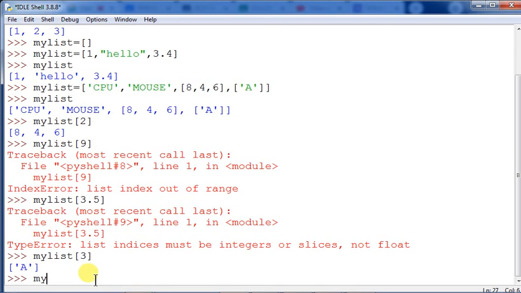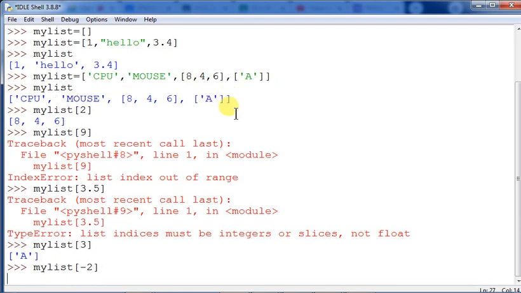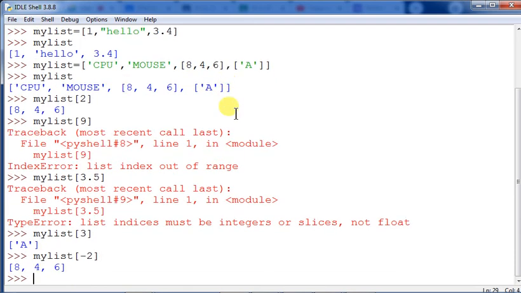Sometimes the index can be calculated from the right hand side, which is called negative index. So if you are giving -2, then from the right hand side it will be -1, -2 in this way. So 846 will be displayed in this case. So 846 has come as output. In this way you will be able to do all these things.